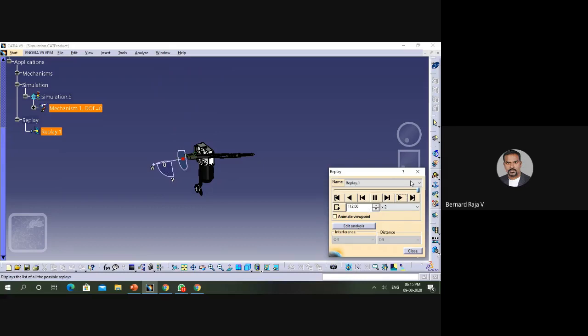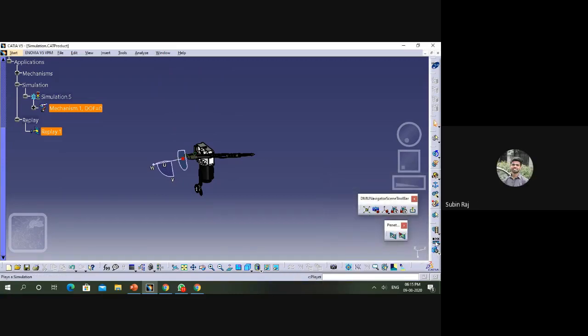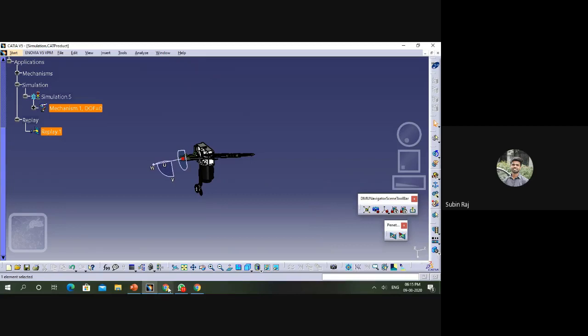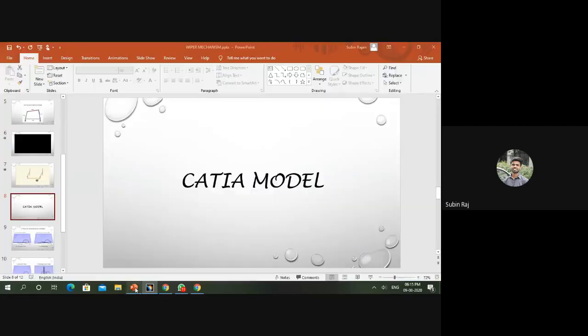You can give the loop, more loop, continuous loop. So it's repeating again and again. Yes, so that is about the design, and I have a few more things to cover.